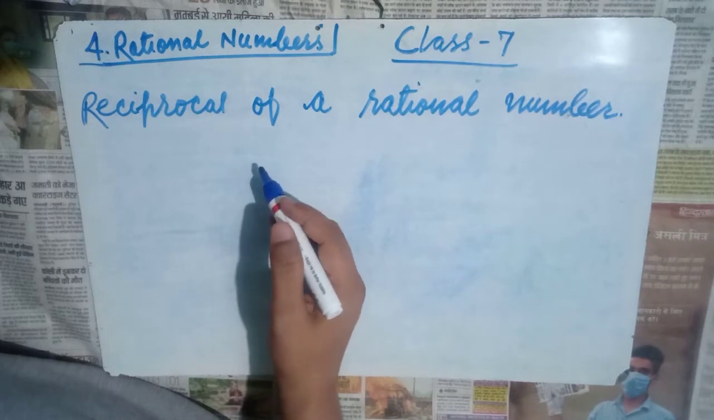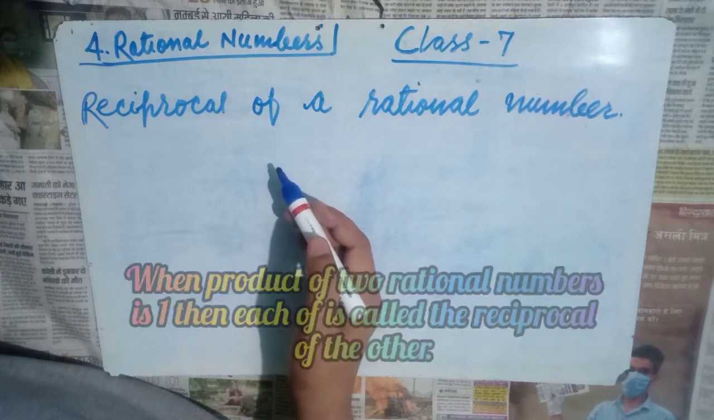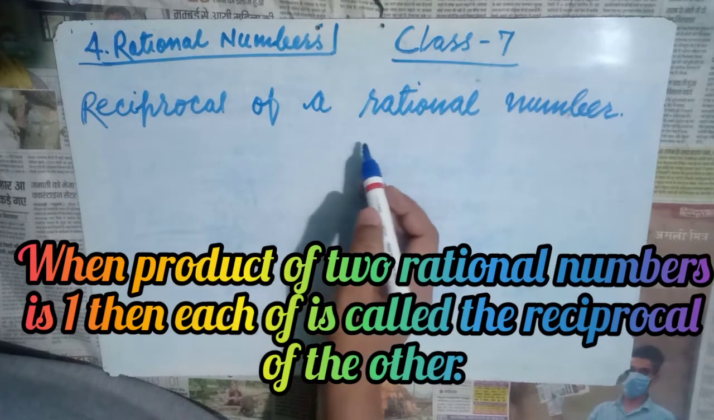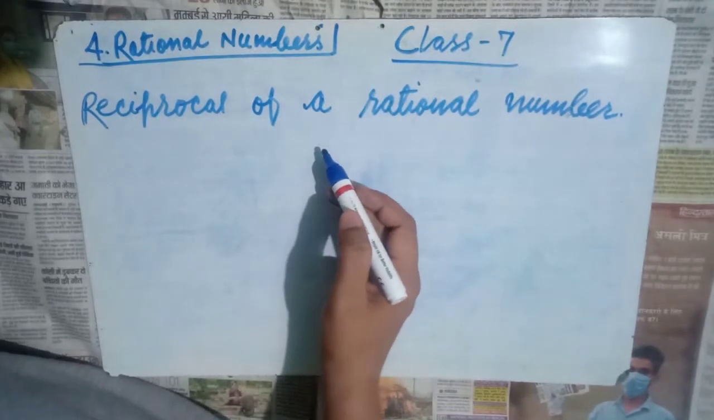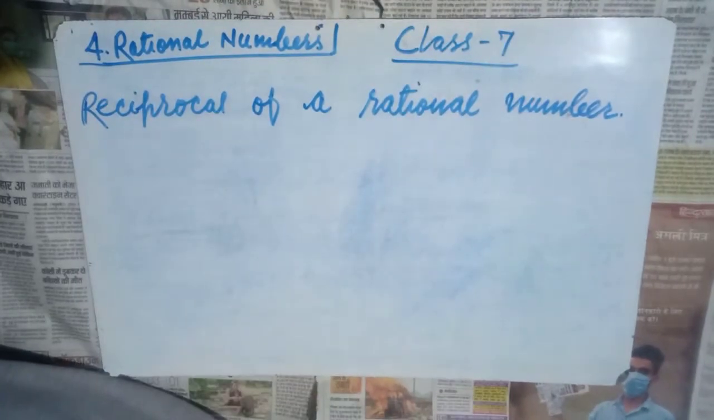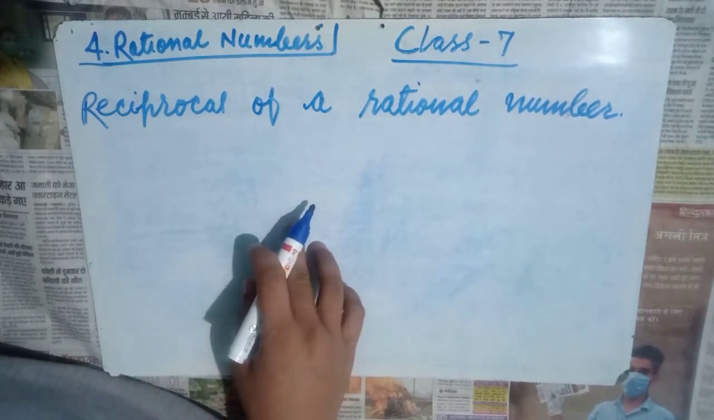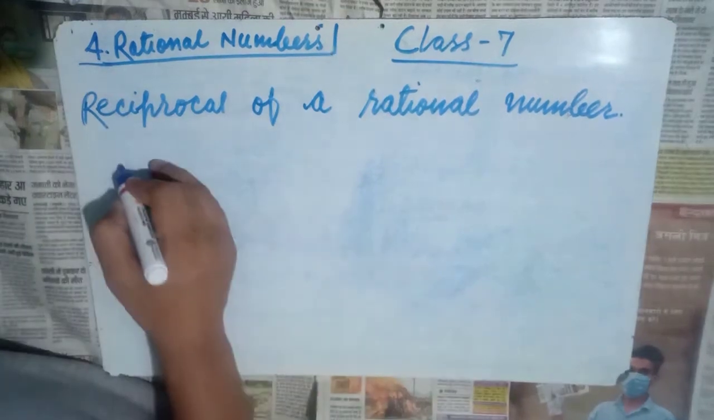When the product of two rational numbers is equal to 1, then each one is called a reciprocal of the other rational number, and this is also known as the multiplicative inverse of a rational number. So have a look. Example,